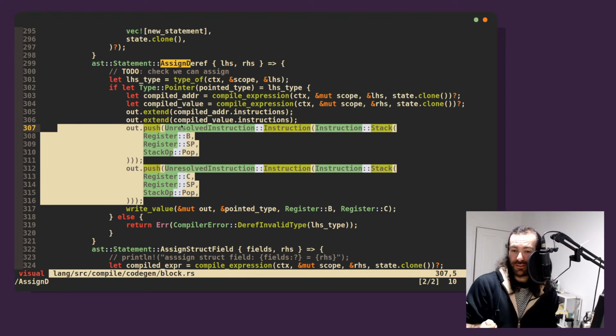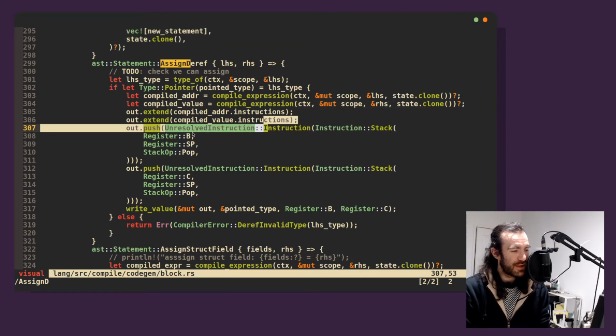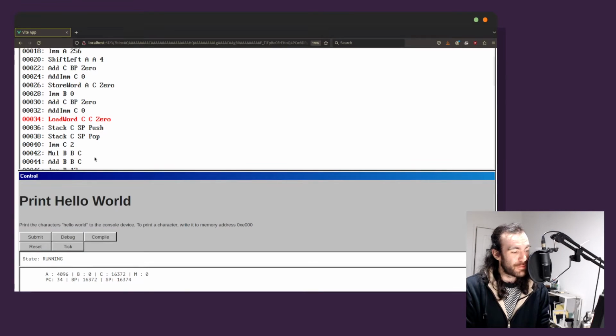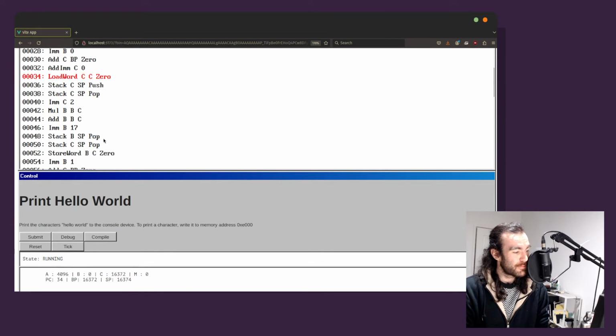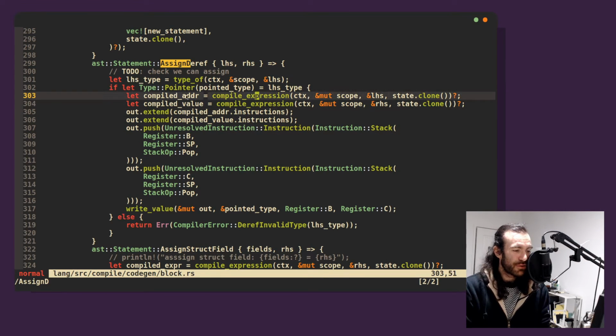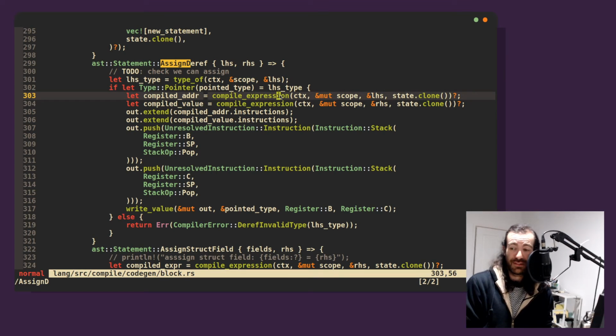This looks wrong, because this isn't how we do things anymore. So I actually did miss this. My intuition was right. So this is what we're popping into C. And we're probably going to see a pop into B as well, because of course we do. So we need to handle how compile expression now returns information, because it doesn't give back